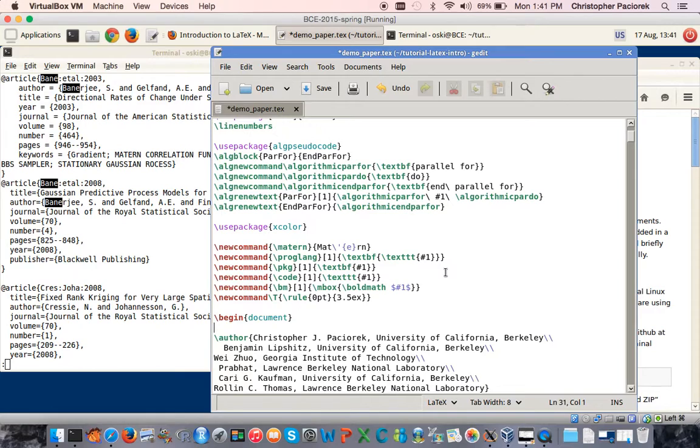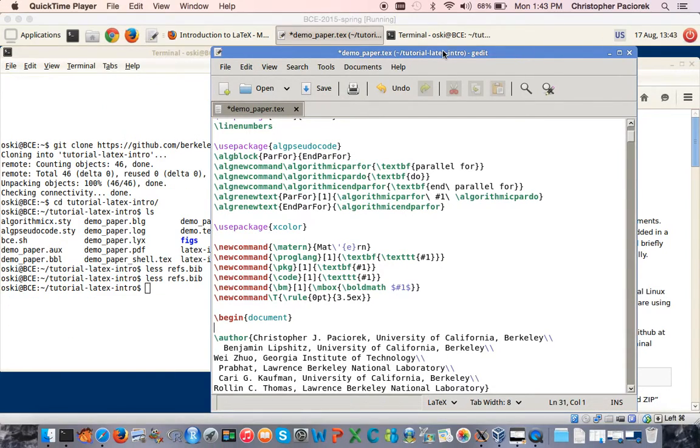So that's a very brief introduction to this particular demonstration file. You can look through it on your own to see some of the additional syntax and functionality, and in particular you may want to look at the PDF version of this paper, which is demopaper.pdf, and you'll see how each of the different pieces of syntax in this tex file, what they turn into and what they look like in the compiled PDF document.